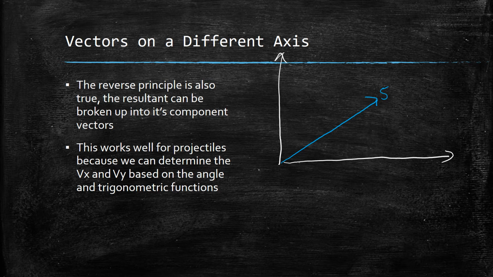So we're going to take advantage of the fact we know we want a vector going straight to the right. We're going to take this 5 Newton vector and do the reverse of our parallelogram rule. We're going to go parallel to the opposite axis, go straight down to result in our 90-degree angle here. We're also going to go straight across, and we get our right angle again. Where these intersect, here and here,